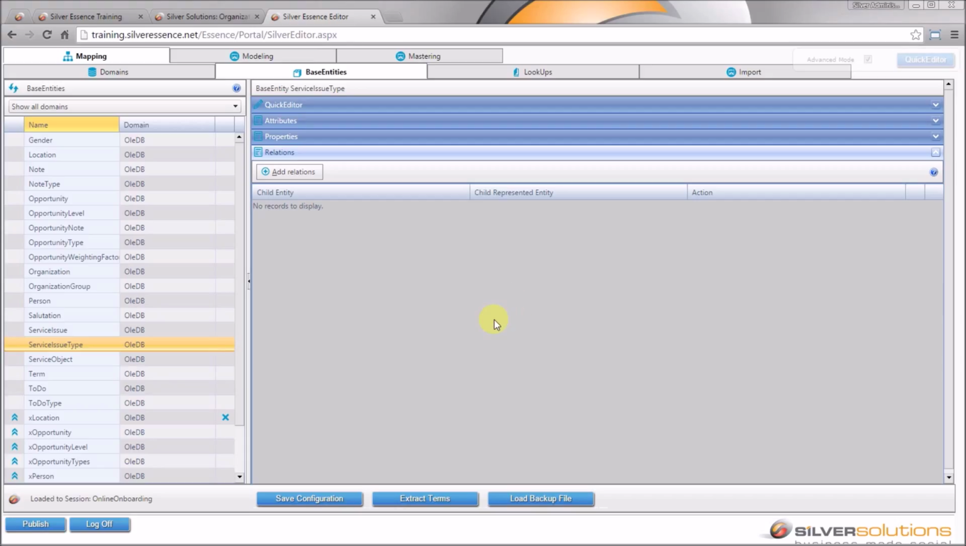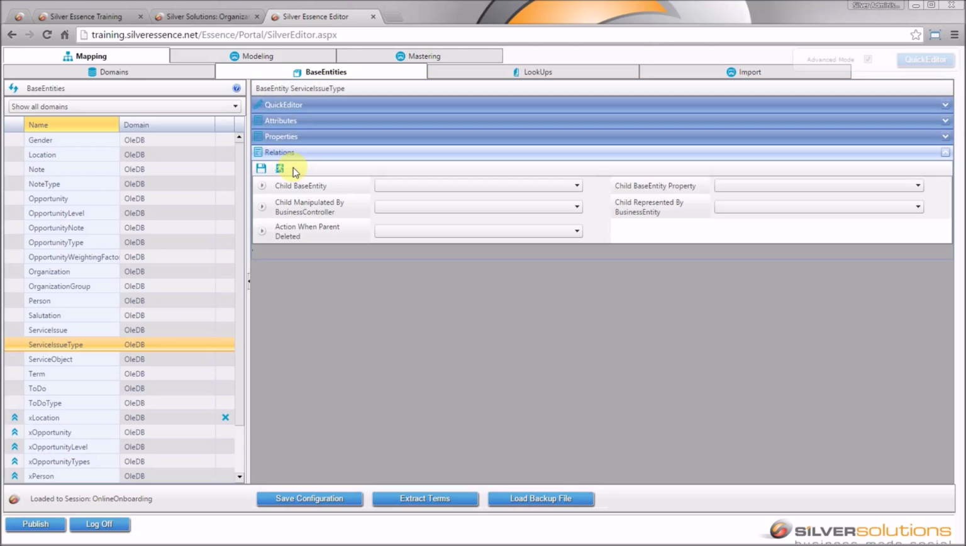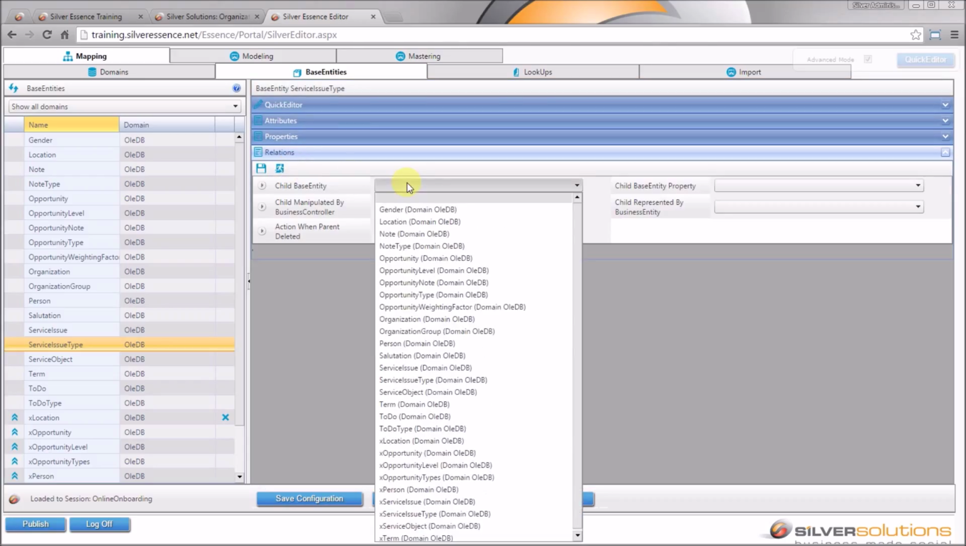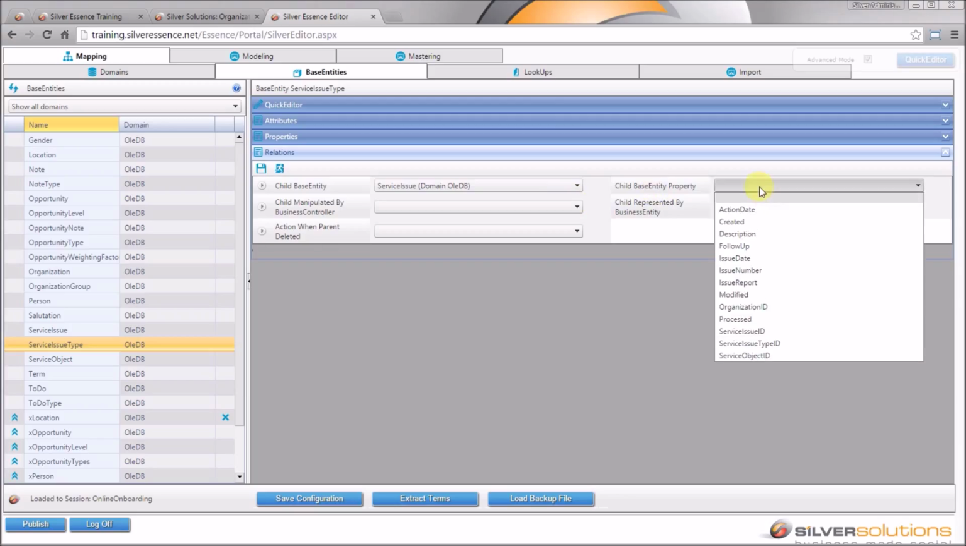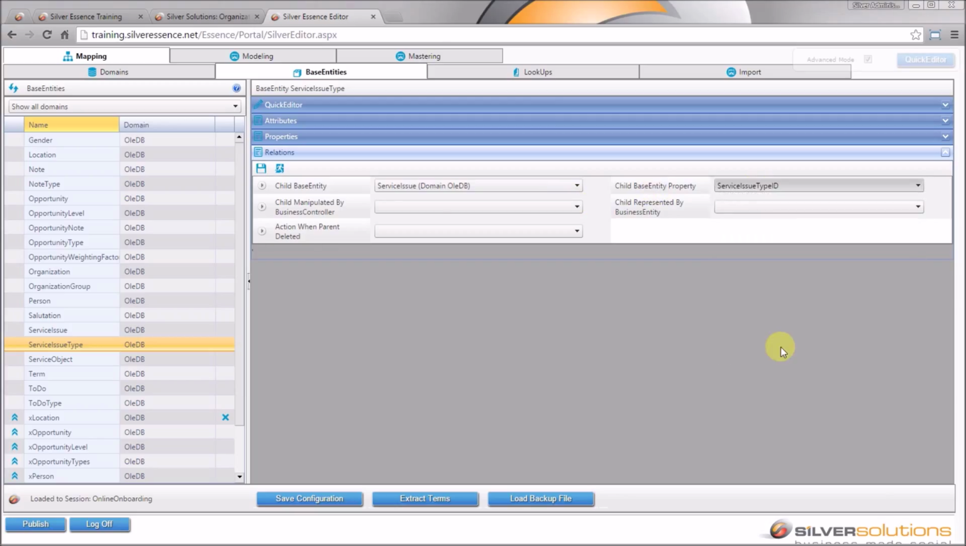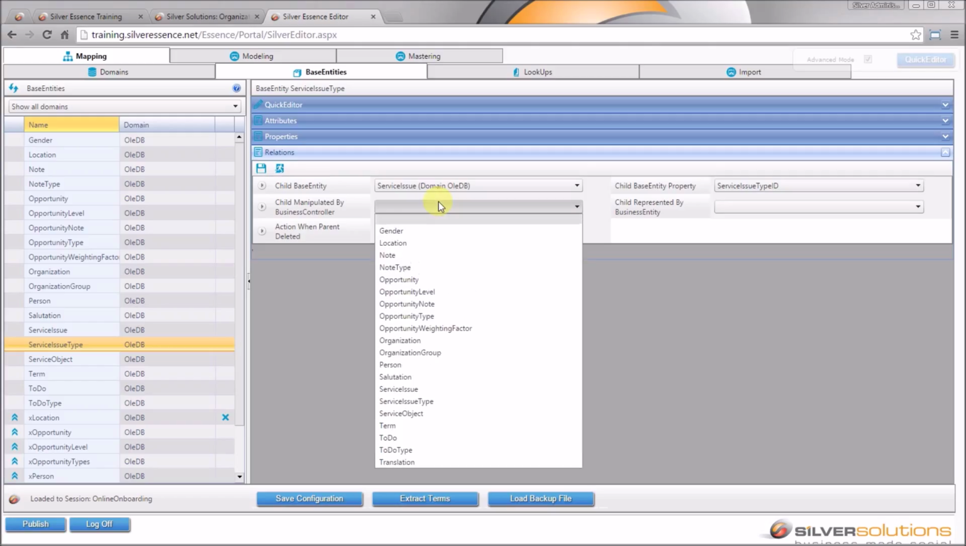Now let's expand the panel here for relations. This is something that is not included in the quick editor. And I will show you with an example what you can do here. With service issue type, it should check the service issues. And if there is a service issue with the service issue type,